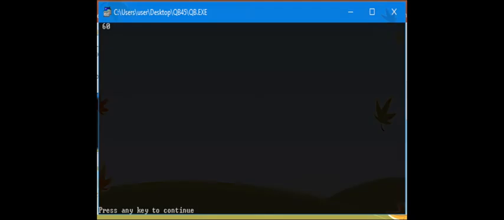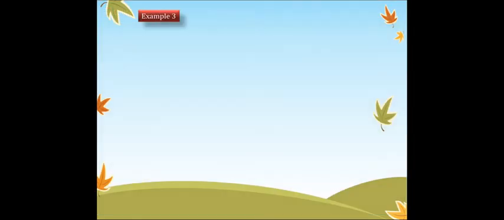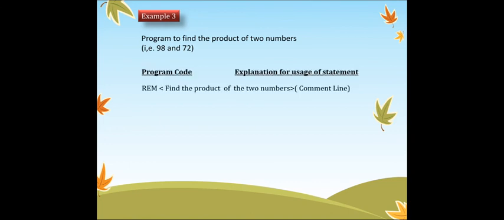Let us go to another example. Look at the screen. Program to find the product of two numbers, that is 98 and 72. This is the program code and explanation of the uses of the statement. First line, remark. Second line, to assign the value 98 to the variable a.